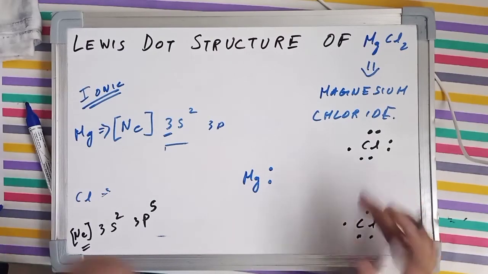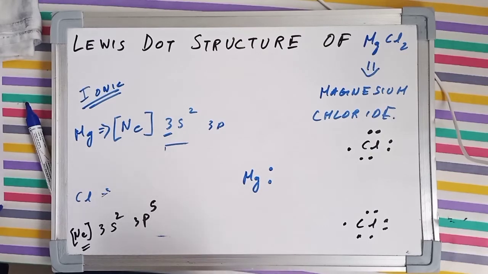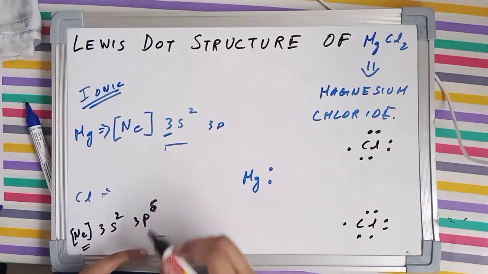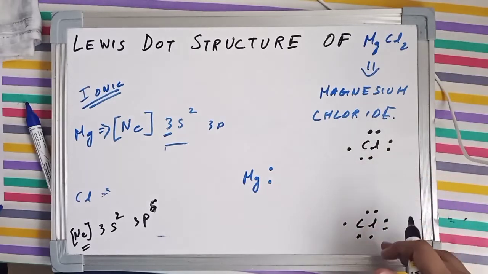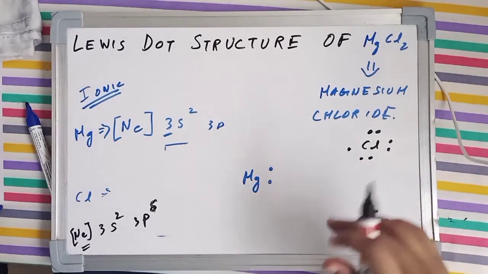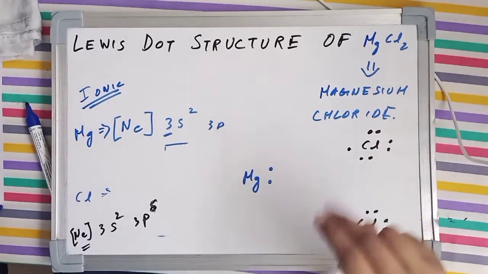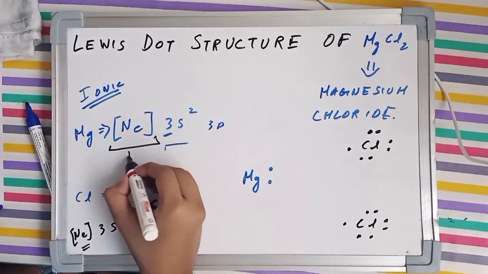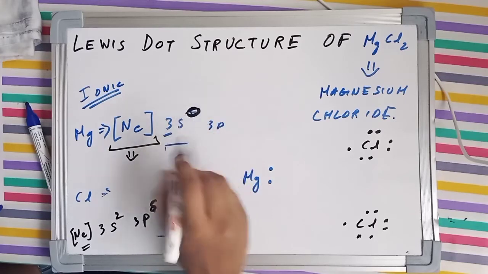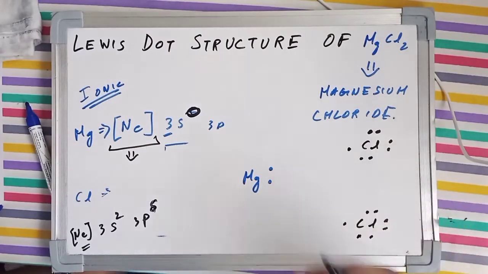Now chlorine says, hey magnesium, why don't you give me an electron? I'll gain a stable electronic configuration of 3s2 and 3p6. Magnesium says, what's in store for me? And this chlorine says that I've got a brother, the second chlorine, and he's also going to take an electron from you, and you'll gain 2 positive charges, and your electronic configuration will become the same as that of neon, because these 2 electrons will now be donated to the respective chlorines, and you'll gain an inert configuration and you'll be stable and you'll be happy in life.